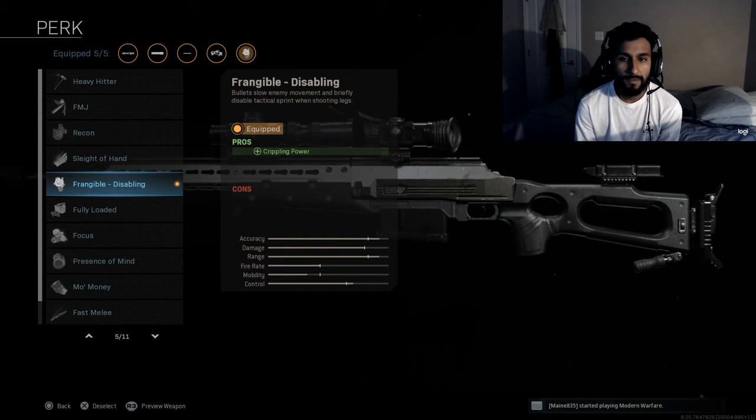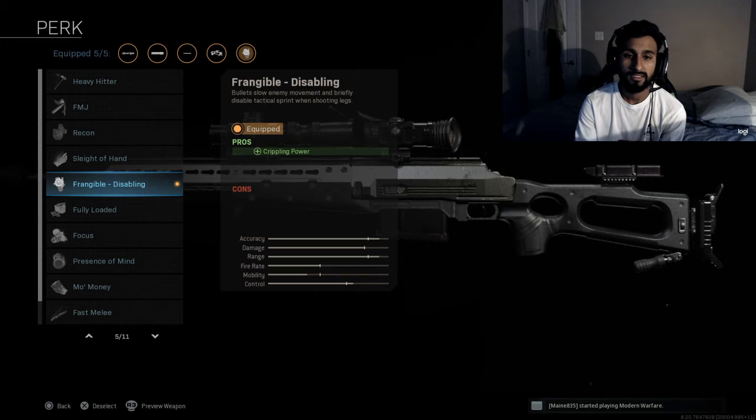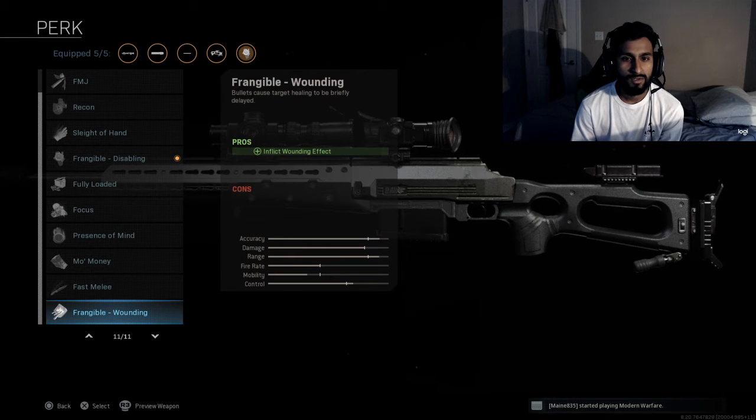Next, my favorite perk is disabling. This perk actually disables your enemy's movement, and it says it right there, so I'm just gonna read it. Bullets slow enemy movement and briefly disable tactical sprint while shooting legs. So meaning once you shoot their legs, they cannot double sprint. They can only regular sprint, and then there's another one,